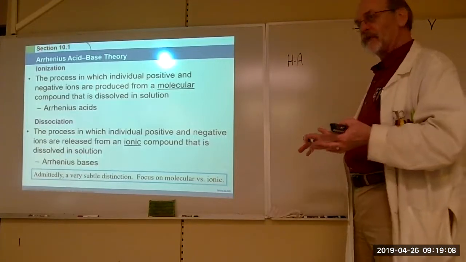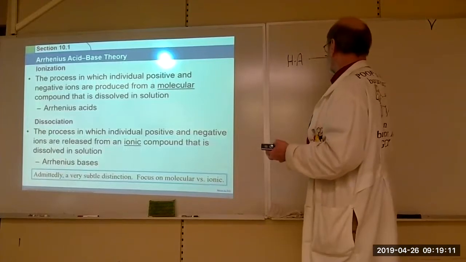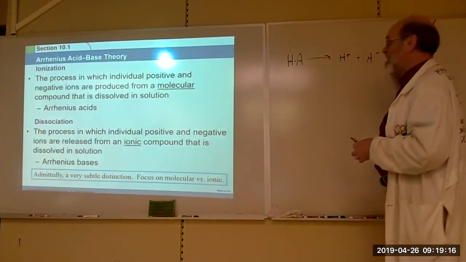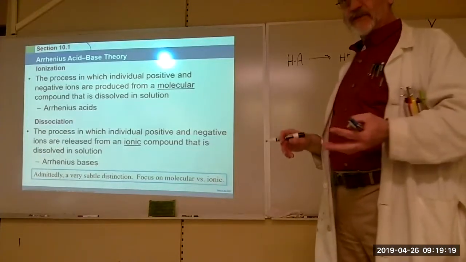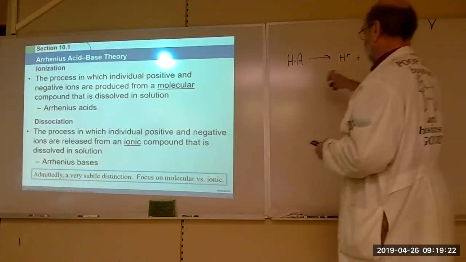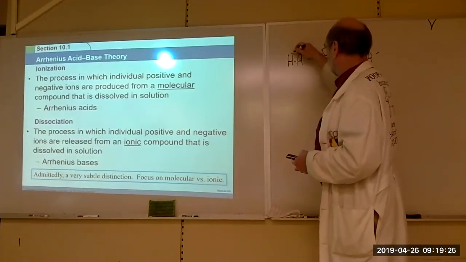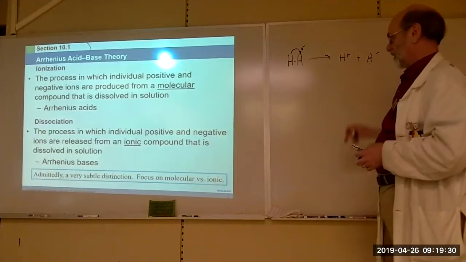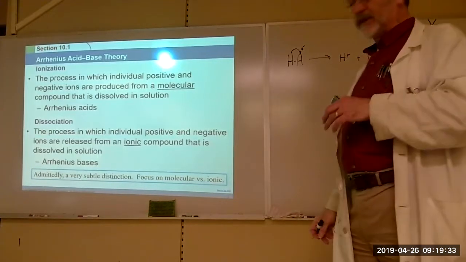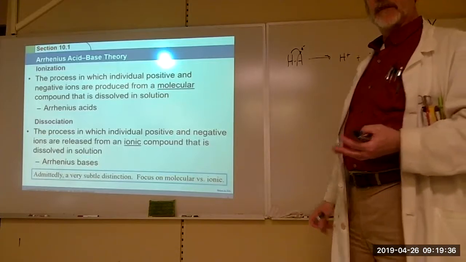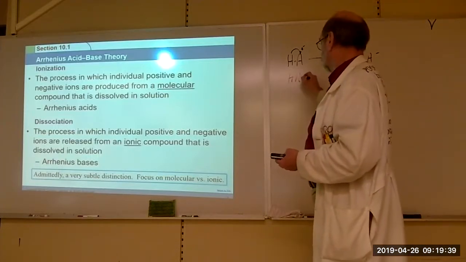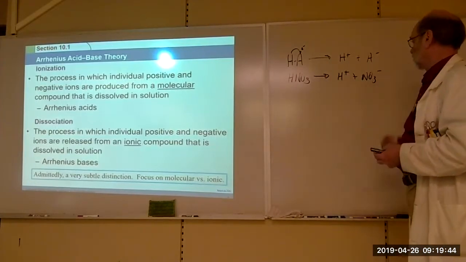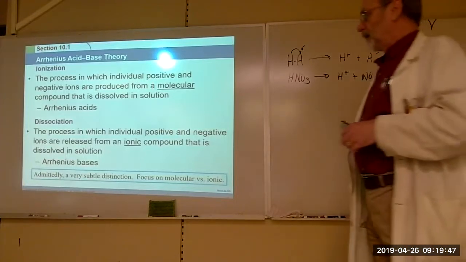Now, when you put it in water, this dissociates into an ion, a positive ion and a negative ion. That's ionization. So in the process, we had to transfer an electron from here to here, to make that positive and this negative. That's characteristic of Arrhenius acids. Okay, like the one before. Just does that. For bases, though,